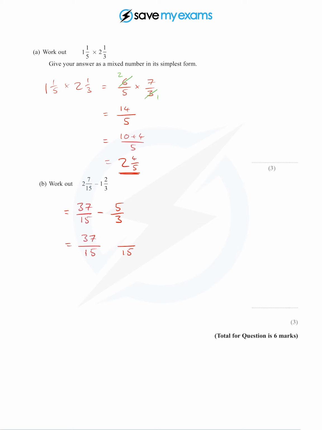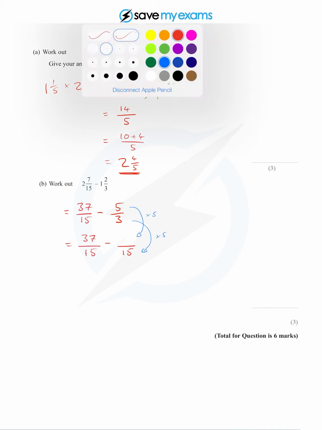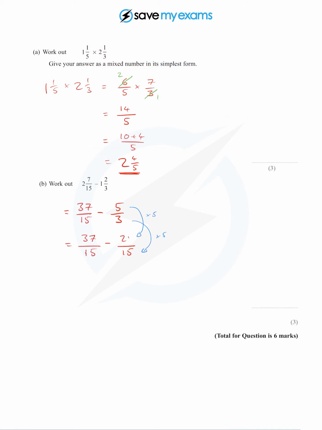So I've got 37/15, and then I'm going to subtract, well, what have I multiplied the bottom of this by? I've multiplied the bottom by 5, so I should multiply the top by 5 as well, and 5 5s are 25. And putting in one perhaps unnecessary step, I put it all over the 15 now, and I've got 37 minus 25, and 37 minus 25 is 12. So that is